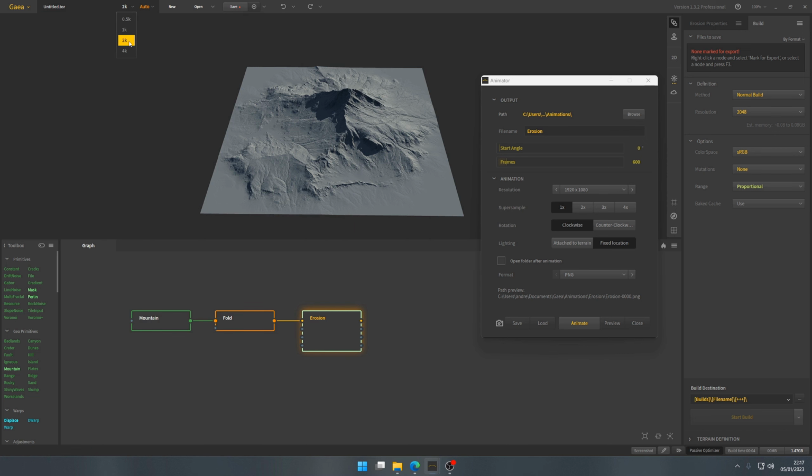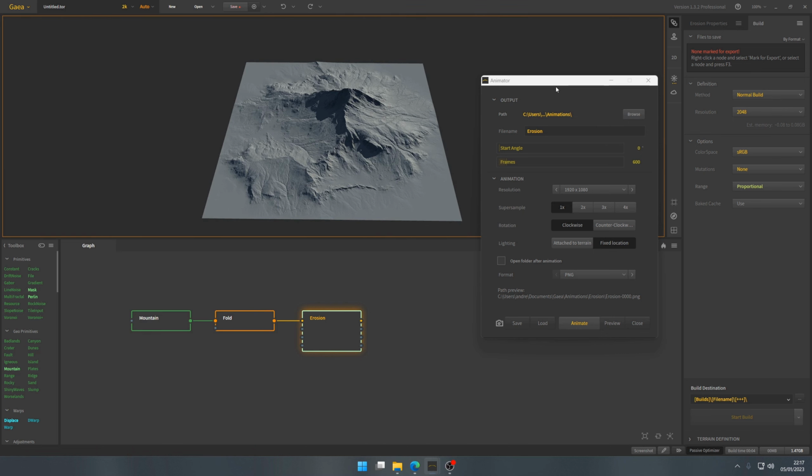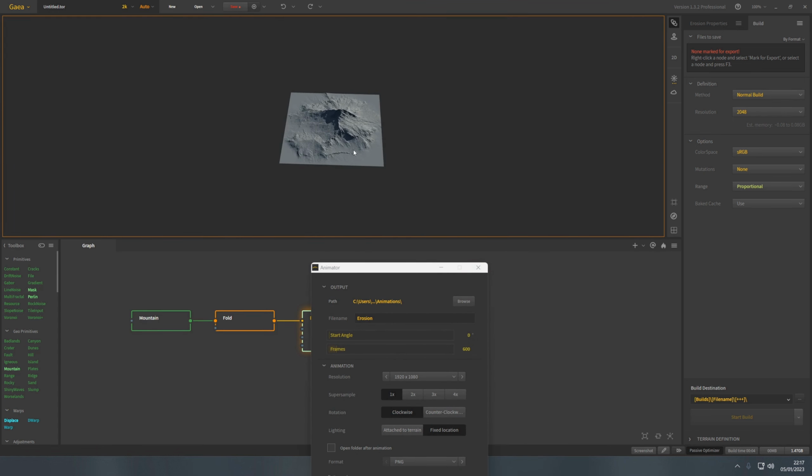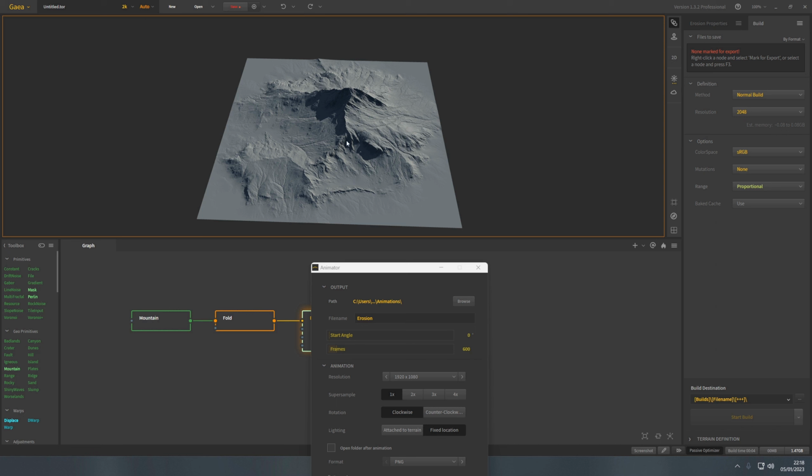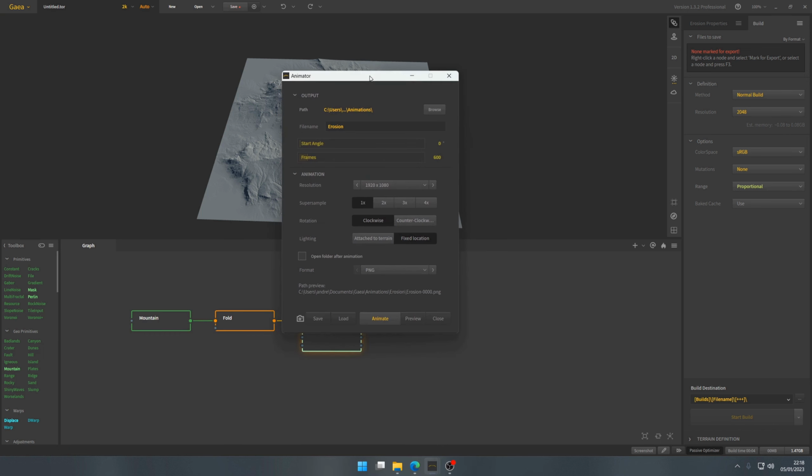After choosing the resolution that you want, in my case I chose 2K, you must position the camera. So for example, I will move it like this. And this will be your starting position for the rotation of the animation. Then you go here to the animator, you choose the location where you want to save your still images because Gaia will output either PNG or JPEG images, and then you must combine them in a video editing software. Then you choose a file name, for example, let's say mountain